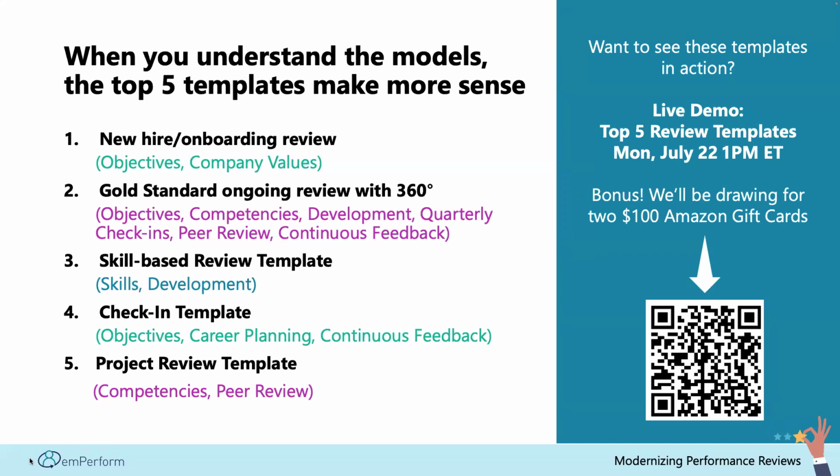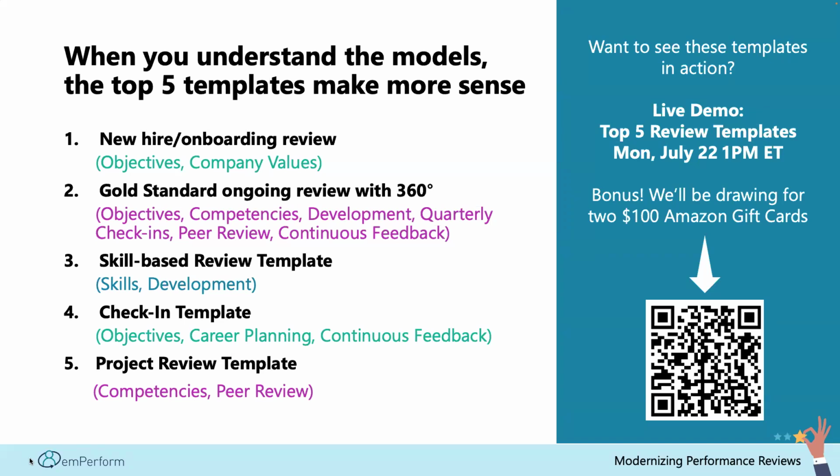with the new hire onboarding. It sets the tone for objective setting in the organization, and that it's going to be part of your career with our organization, because in the first 90 days you're with us, we're talking about objectives and company values. The gold standard with ongoing review and 360, usually this is very popular with our clients: objectives, competencies, development, layered in with quarterly feedback, quarterly check-ins, some peer review in some cases, and the ability to do continuous feedback if